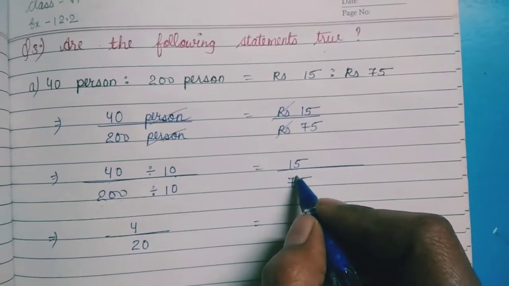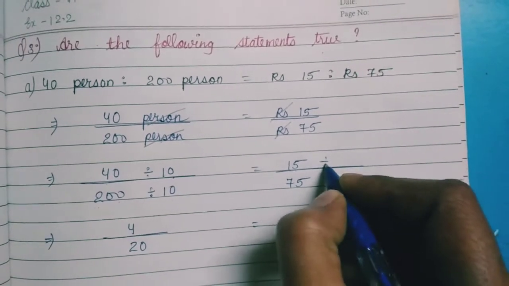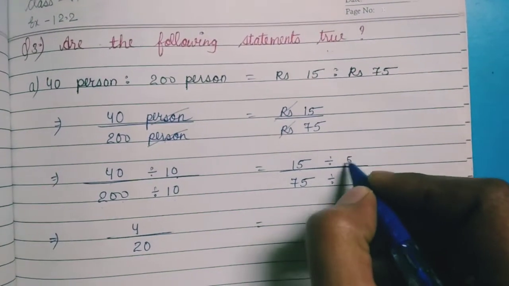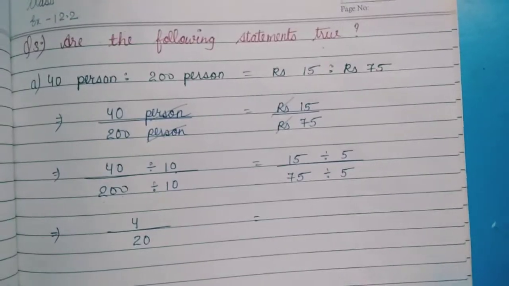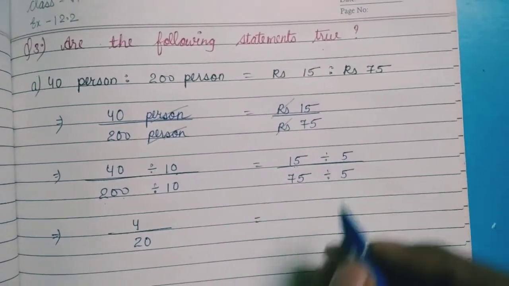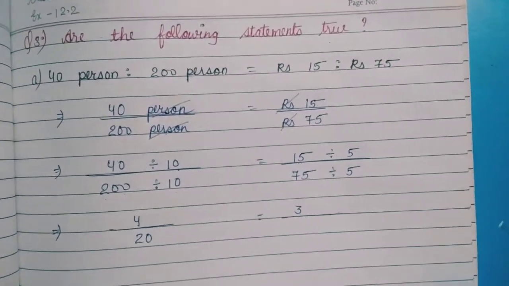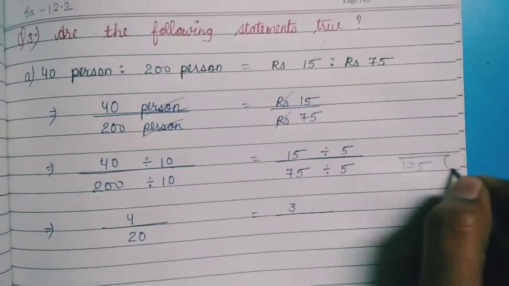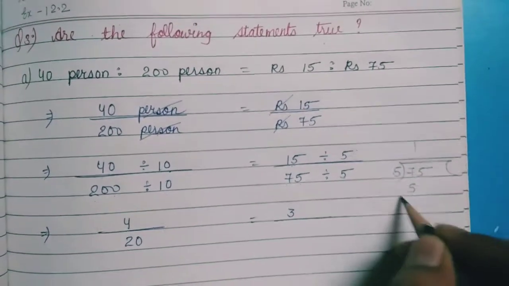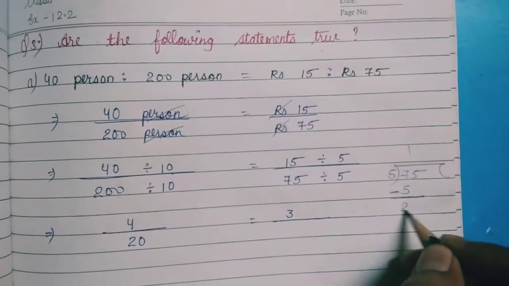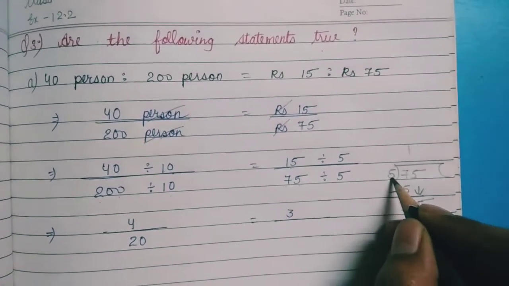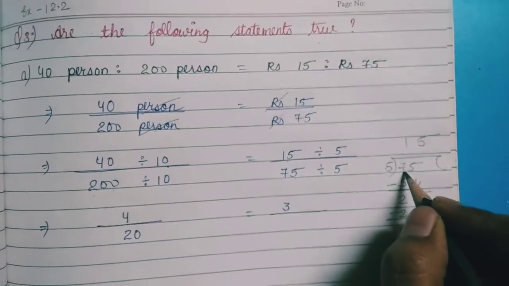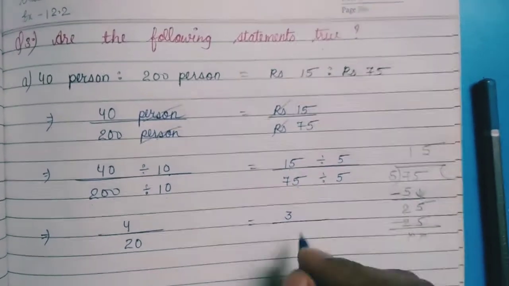And here if we divide 15 and 75, they both have common factors 3, 5, 15. So we can divide them by any number, by 3, 5 or 15. Firstly, I am dividing by 5. So 15 divided by 5 is completely 3 times, and when 75 is divided by 5, 5 1s are 5, 7 minus 5 is 2, 5 comes down. 5 5s are 25, it means 25 comes 5 times. So when 75 is divided by 5, it will give us 15.